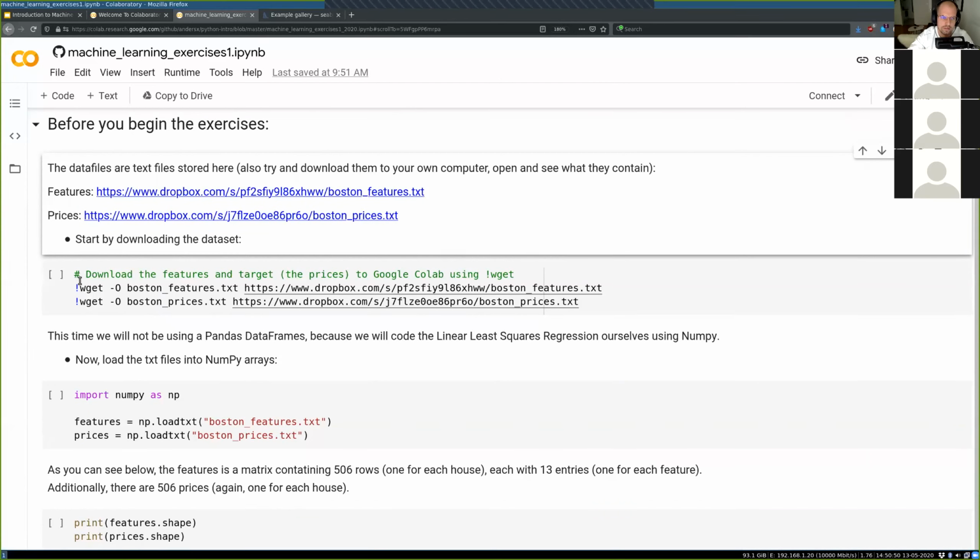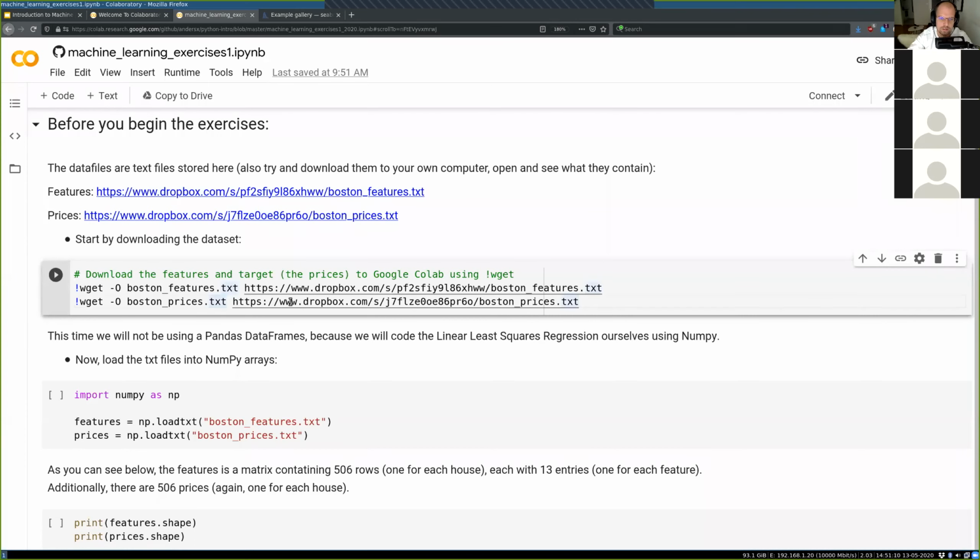The first point is that I uploaded some txt files that contain features and the prices. So basically the features and the labels, as we call them, or the representations and the labels for our data. You download them using this wget command again.